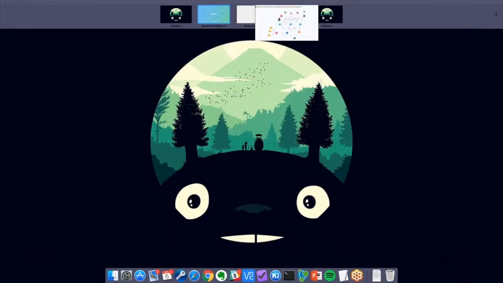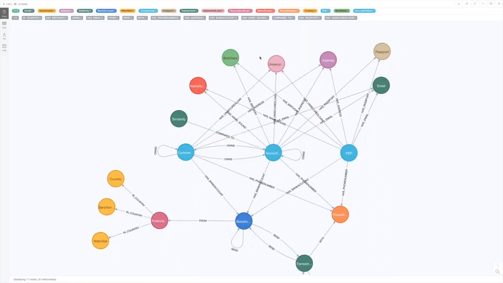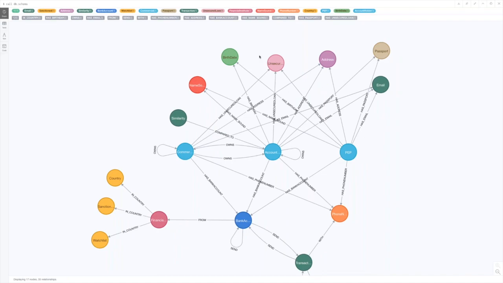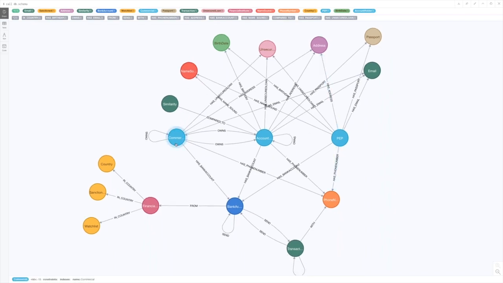Okay, so now we'll take a look at a sample database that we have here. So in this scenario, we are representing a fictitious bank. This bank is called Nubuck, the New Bank UK. What we're looking at here is the schema, the metagraph for the data that we'll be working with. So in light blue here in the middle, we have different types of account holders. A regular account holder would be a person, like a retail banking client. We also have some politically exposed persons. So these are people who typically require additional due diligence